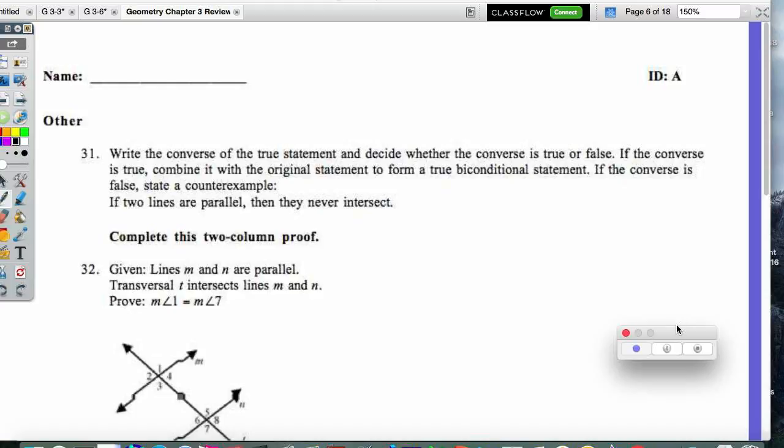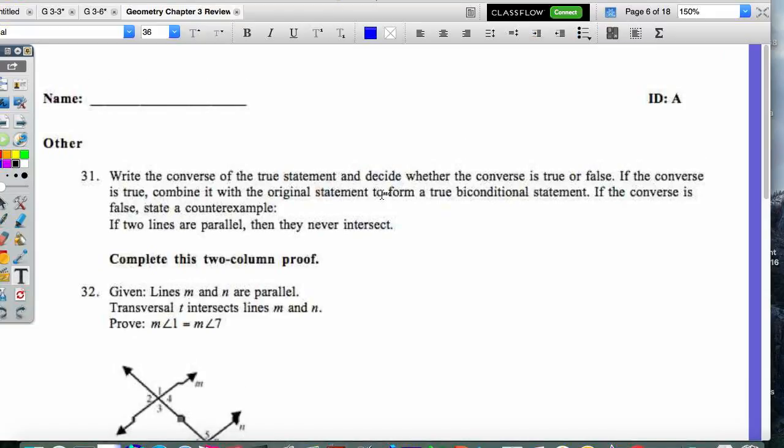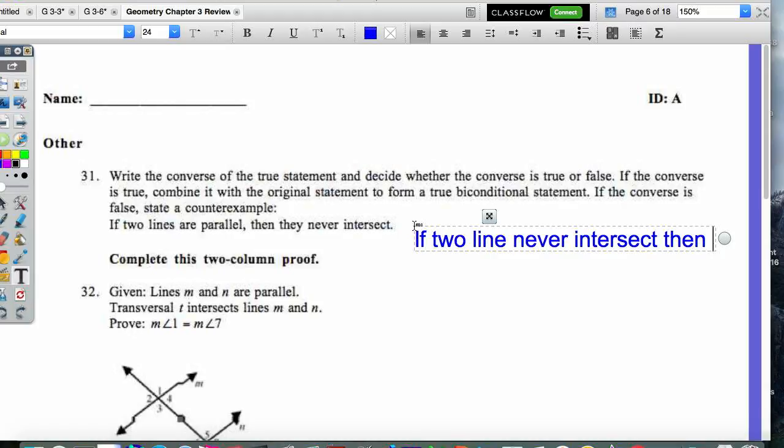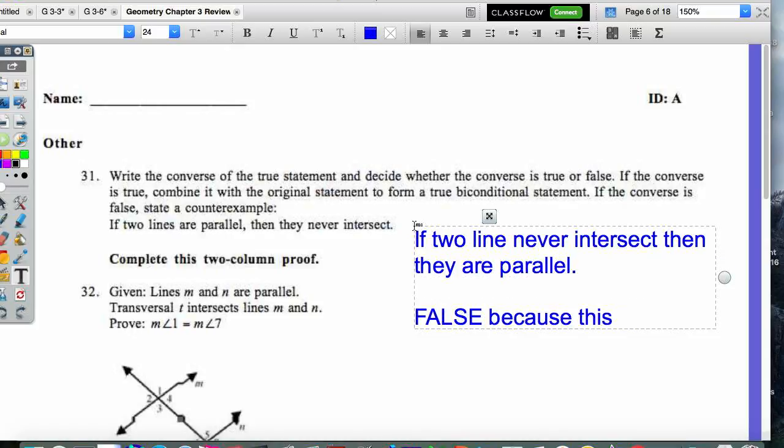So write the converse of the true statement and decide whether the converse is true or false. So I'm going to type here a little bit. Set this a little smaller. If two lines are parallel, they never intersect. If two lines never intersect, then they are parallel. This is actually false because this doesn't